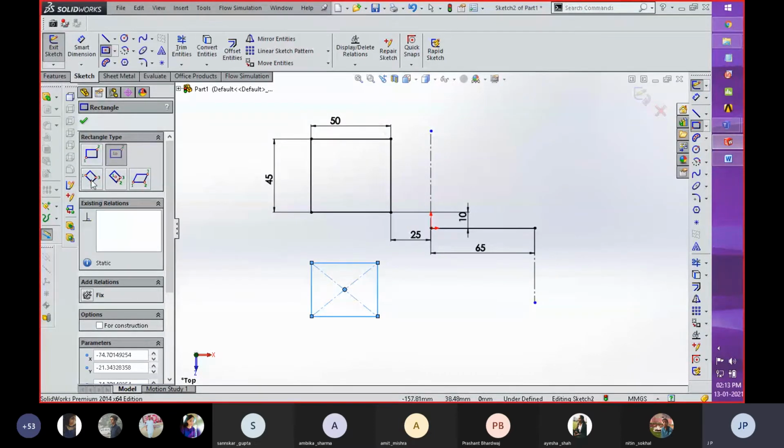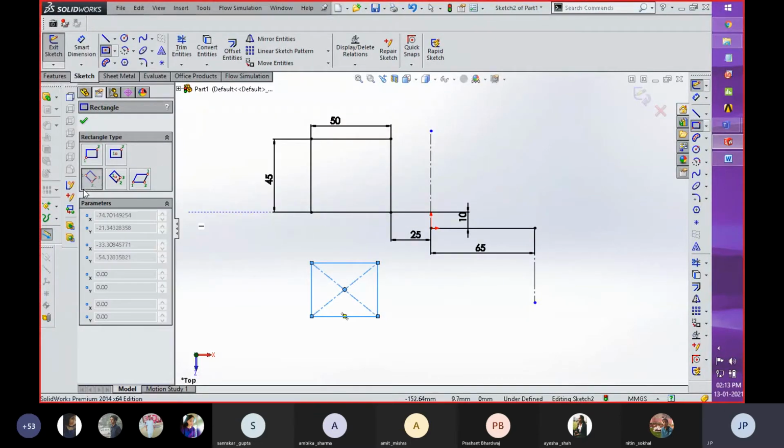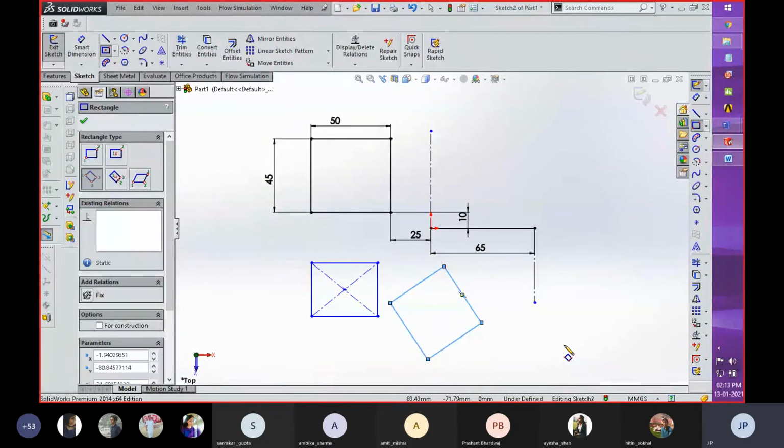If you are going to create a rectangle that should be inclined at a certain angle, you need to tell the software the 3 points required for creating that rectangle: first point, second point, and then click the last point. With this, you can create any rectangle at an angle with respect to the reference line. The rectangle I created just now is inclined with the help of this 3 corner point rectangle.